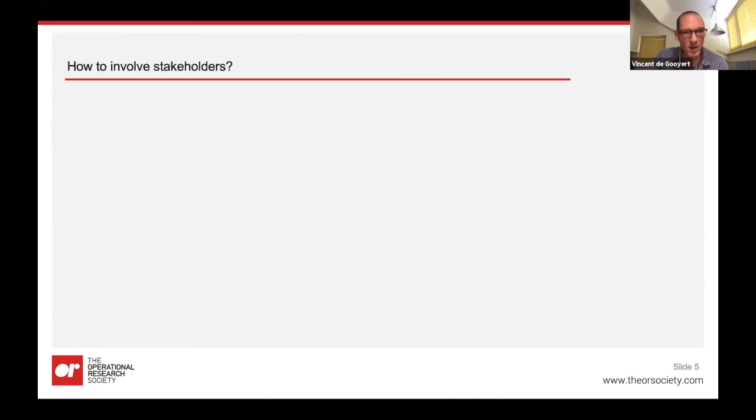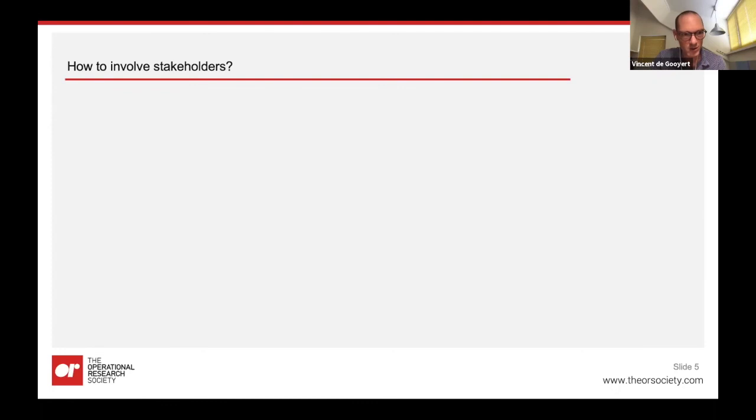And then how do you involve your stakeholders? Well, there are also very different ways how you can involve them. There are many ladders of participation in the literature. There are different stages. There are ladders distinguishing 3 levels or 8 levels or 20 levels of how deeply you